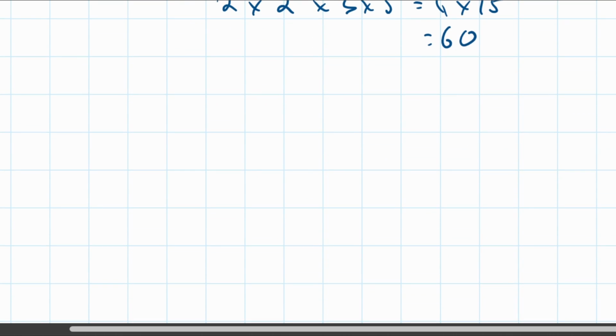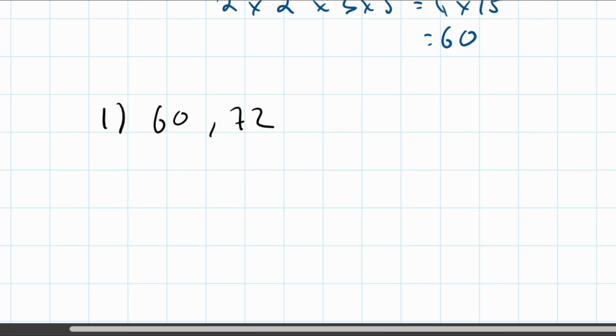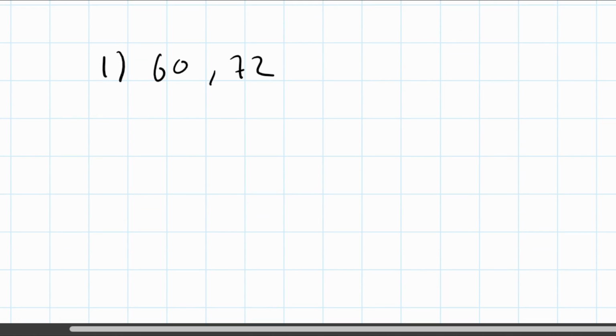Now that might take a bit of getting used to, so I'm going to give another example which you guys can follow along with. So let's find the lowest common multiple of 60 and 72. So the first thing we want to do is break each of these down to the product of prime factors form. So let's take 60 first of all, and straight away I can think of 10 and 6, and then